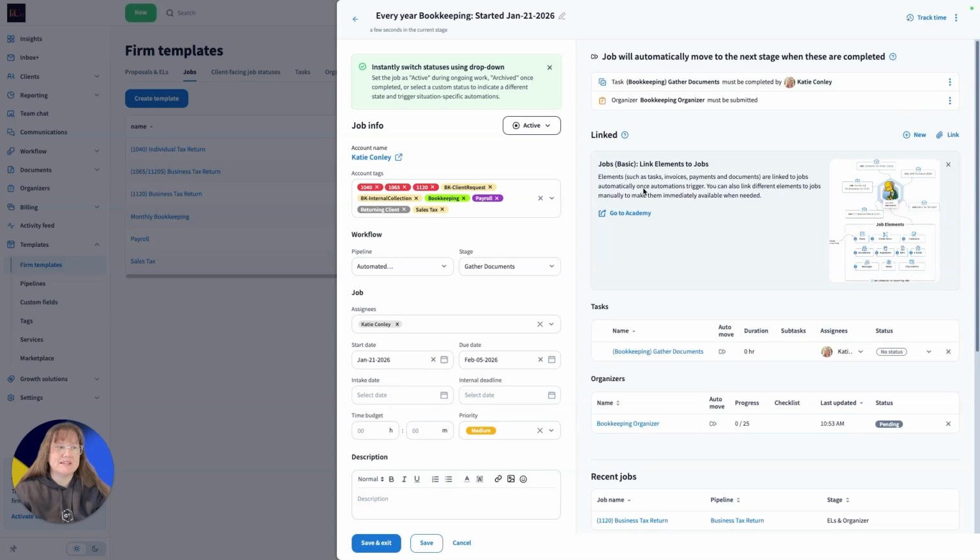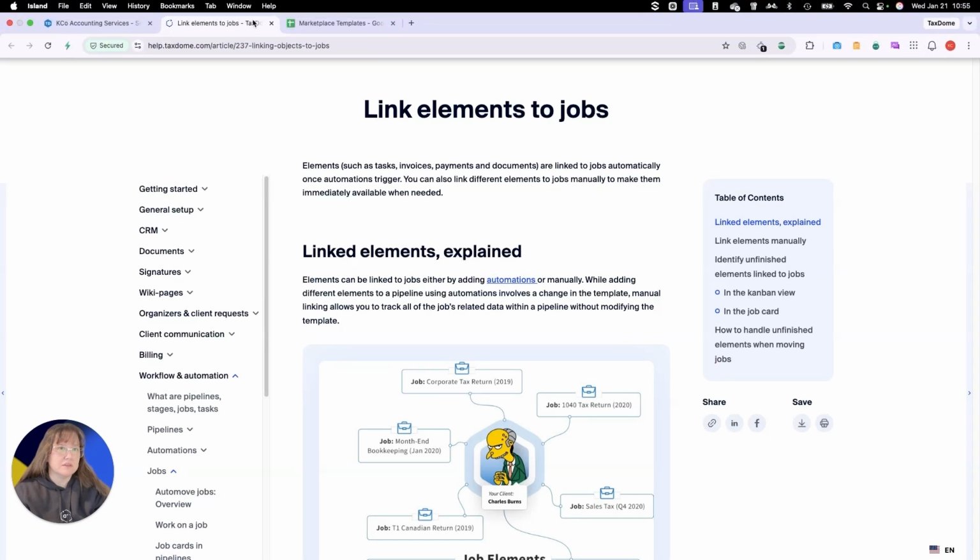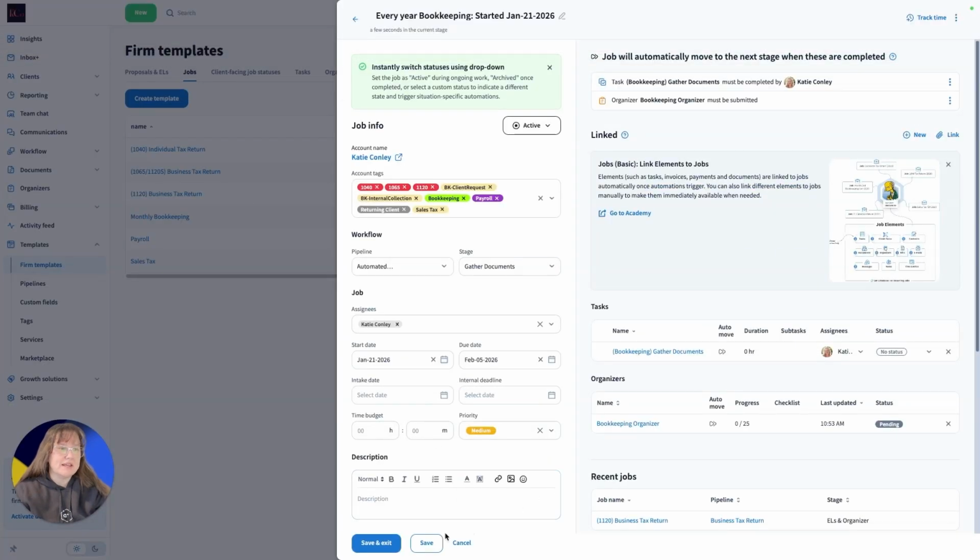On this side, you have everything that is linked to the job. So we have our organizer and our task that are linked to the job based off the pipeline. If you need to add anything new that is not part of your pipeline, such as an extra chat, a client request, you can add that by clicking new. If you created them outside of your job template or your job card, you can go ahead and come in on your job card and click link, and you're able to link those also. So we're going to go ahead and click save and exit,